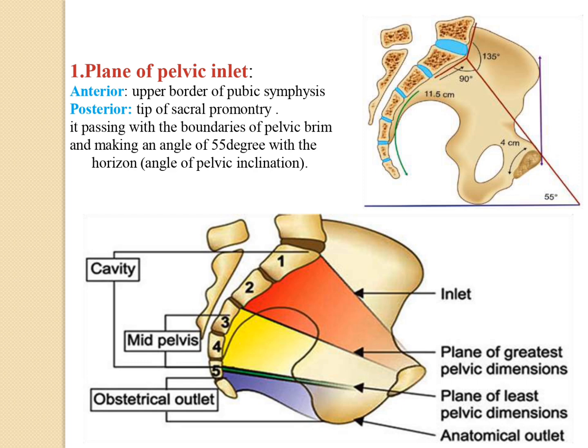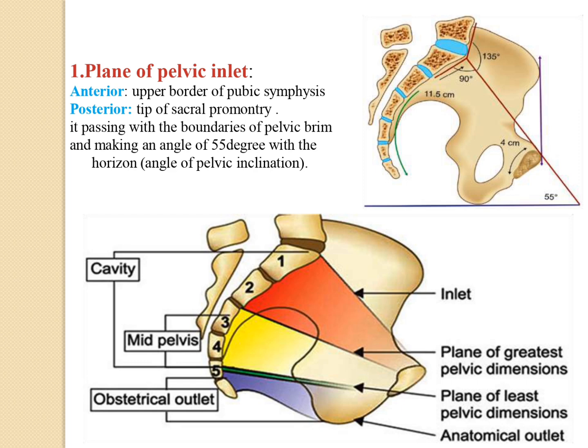This slide shows the plane of pelvic inlet. As pelvic inlet is the pelvic brim of the pelvis, true pelvis lies below the pelvic inlet. First image shows the measurement of true pelvis. True pelvis is shallow in front and it is bounded anteriorly by pubic symphysis and measures about 4 cm. And true pelvis is deep posteriorly and it is formed by sacrum and coccyx and measures 11.5 cm.